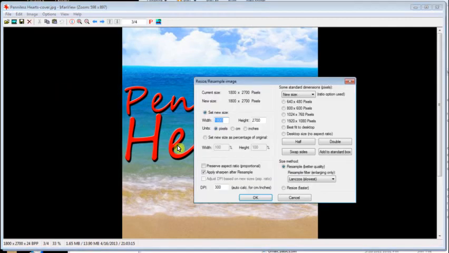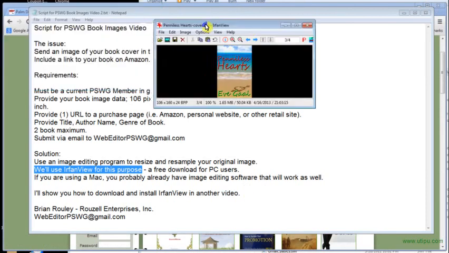So when we choose that, when you first come into ImageResizeForPSWG, these boxes will be checked. It'll say preserve aspect ratio and adjust DPI based on new sizes, so it tries to retain the aspect ratio here. What I want to do is go ahead and turn both of those off, because I'm going to set my size to exactly 106 by 160, and I'm going to tell my software to make that 72 dots per inch. And when I say OK, what happens is, well, it shrinks the image,